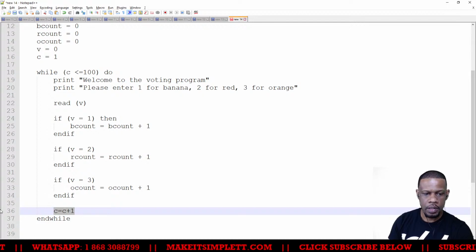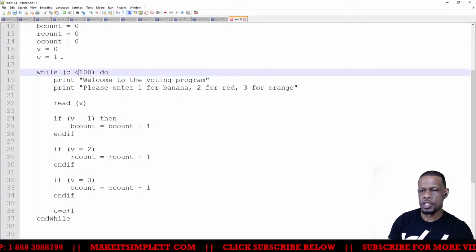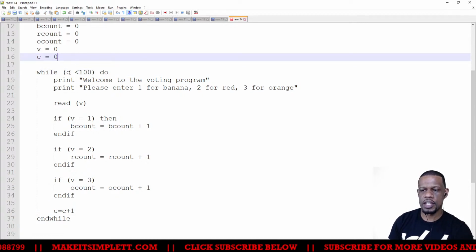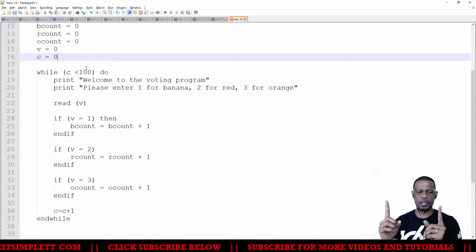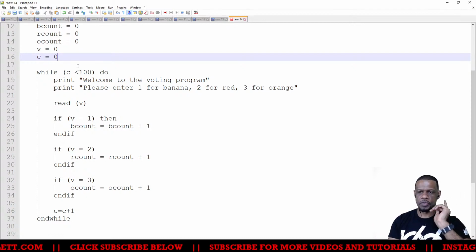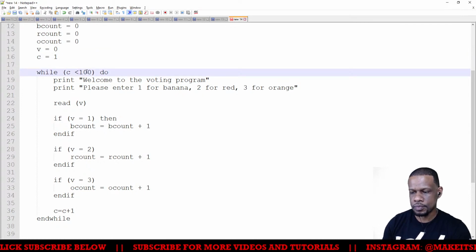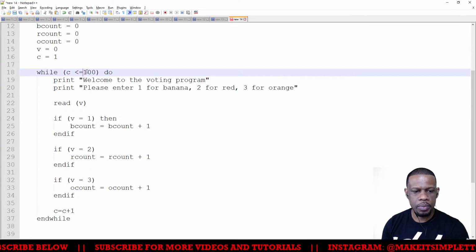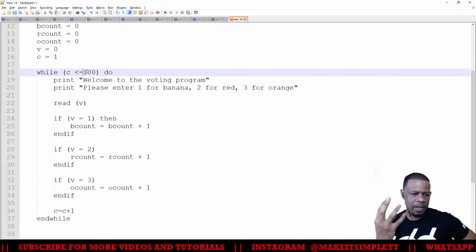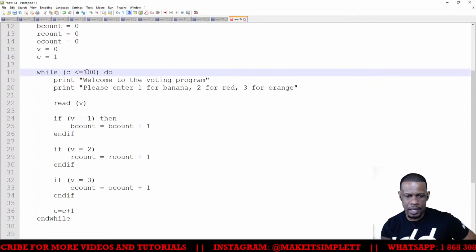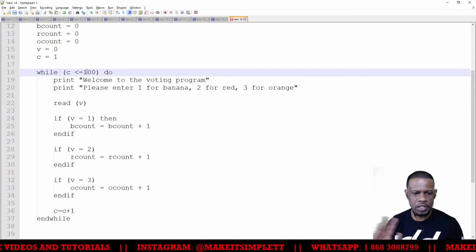Right? If your C starts at 0, then you will say less than 100, because you will be going from 0 to 99. And 0 to 99 is actually 100 numbers because 0 is a number. But for ease of understanding, for most students, I will always just start C at 1 and go to 100. The problem is, some students will grasp the 0 to 99 as 100, but then some students don't grasp it. So there's grasp counting from 1 to 100, right?